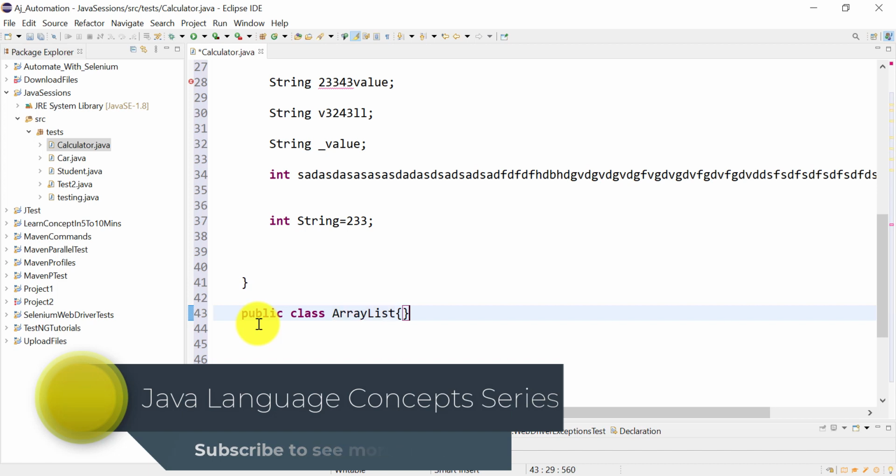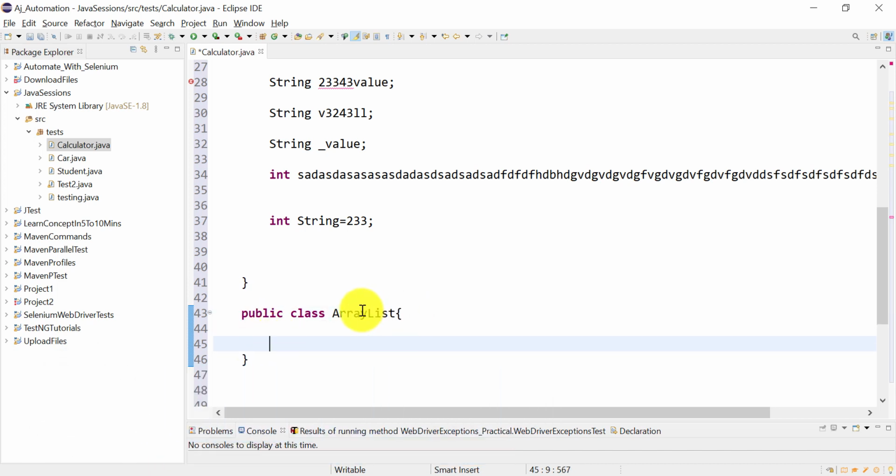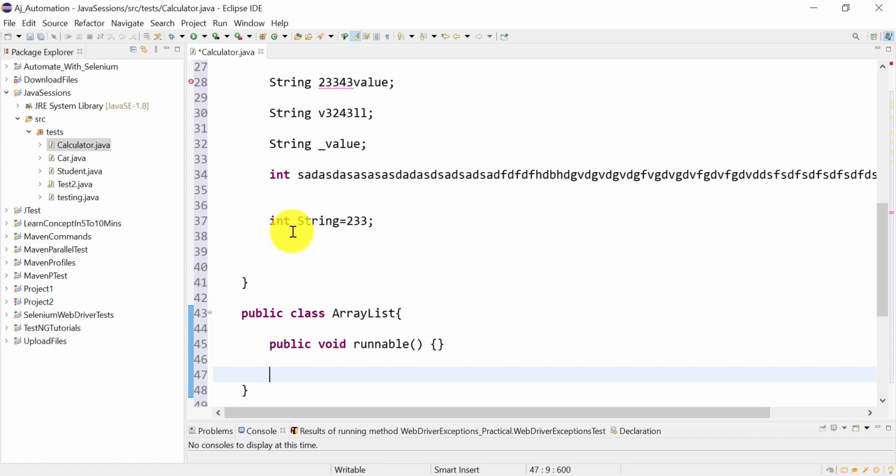Okay, so this ArrayList is a predefined Java class, so it is not giving any error, still I am using it. Another example, let's create one method, public void, let's use Runnable. For this also I am not going to get any error. So Runnable is a predefined interface in Java. So still you can use it as an identifier, right? So you can see we can use predefined Java classes or interface names as identifiers.